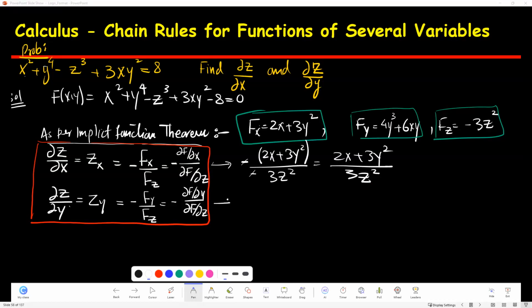Same thing, I can substitute the values here. It's going to be minus 4y cubed plus 6xy. This minus comes from the formula, divided by minus 3z squared. This minus and this minus cancel each other out, and the answer will be